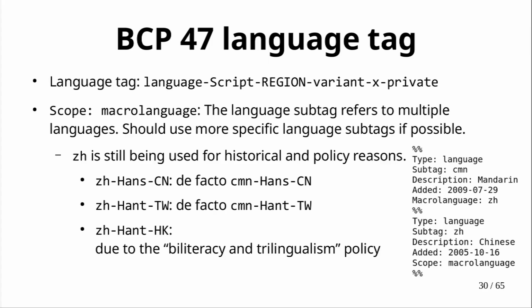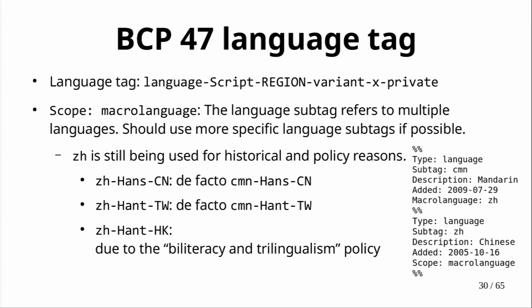So if you see a language tag like ZH-HANS-CN, it is actually referring to CMN-HANS-CN, because in this context we actually want to refer to Mandarin instead of any possible Chinese language. The same applies for -TW. It is actually CMN. But for Hong Kong, ZH-HK, using ZH is actually a correct